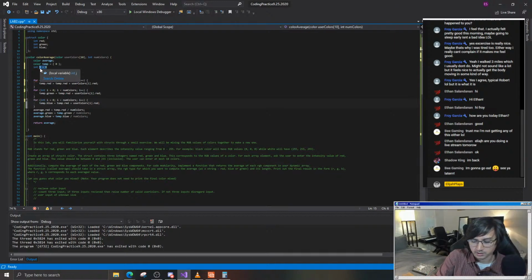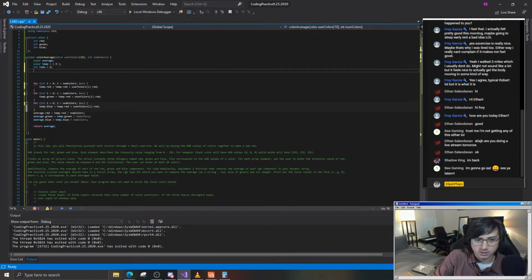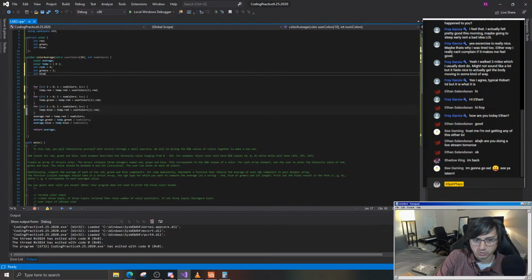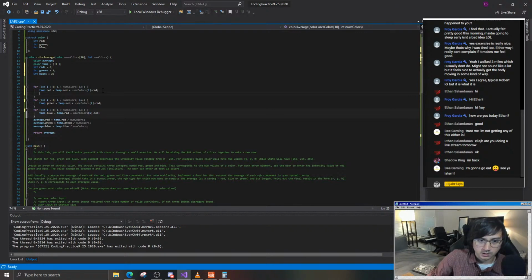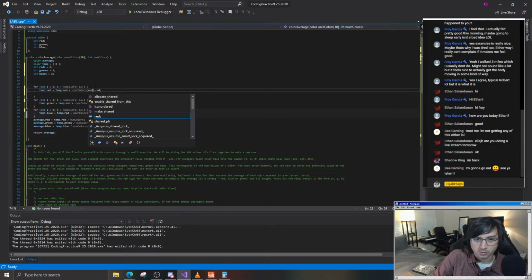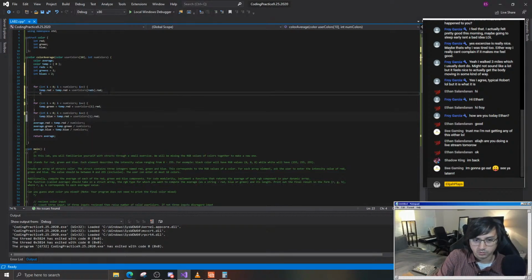Let's do something like this. int reds equals 0. Okay. int greens equals 1, and int blues equals 2. Okay. Now we'll do user colors. I want the reds, and we'll do reds equals reds plus 3. And then here,